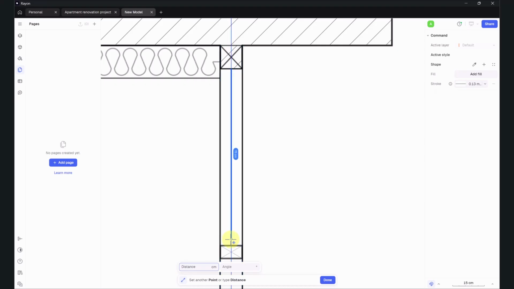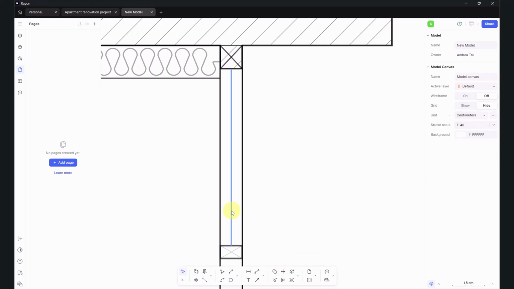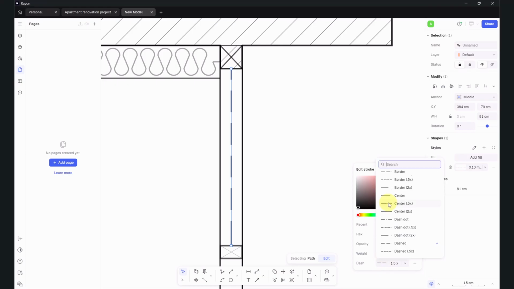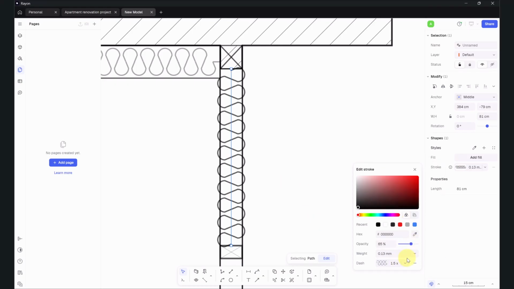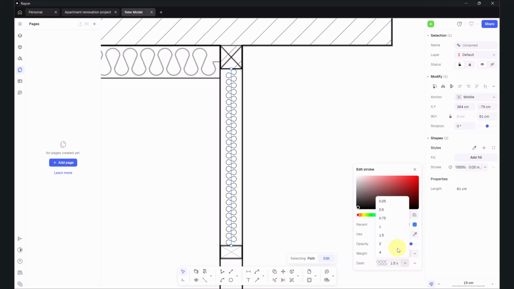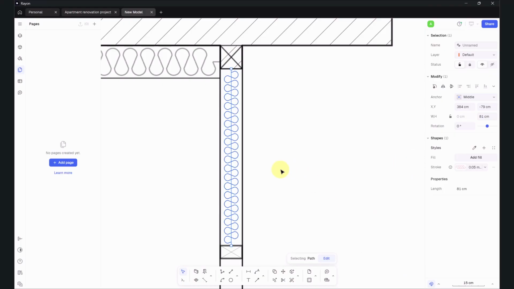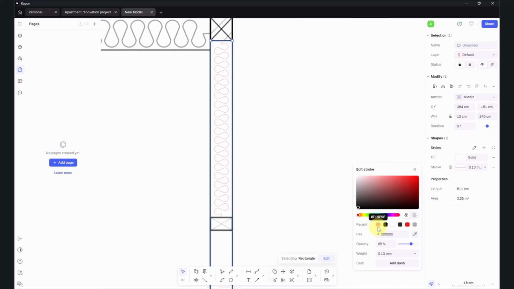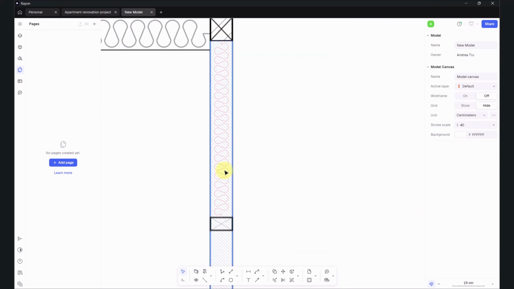So we're just drawing a line, and we click on that line, we go to the stroke, we click on add dash, and we change the dash to an insulation, something like that. So now it is super thick, so we're just gonna try to modify that. And maybe here we change the thickness, so you can make it a little bit more. And now it is pink. I don't know why. Oh, because I changed it here. So anyway,